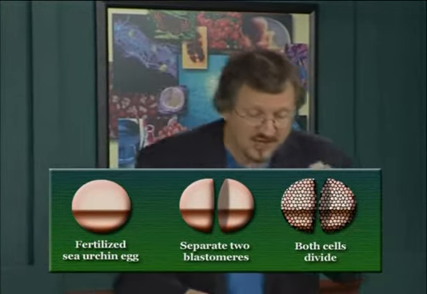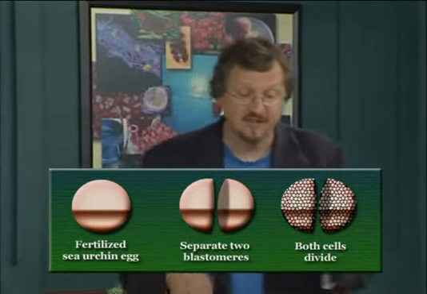In fact, Driesch went on to show that he could separate the four blastomeres that result after the first two cleavages, and you would get four frogs. Actually, sea urchins, I'm sorry. Driesch was working with sea urchins. Each of those sea urchins would be an entirely normal adult, although a little smaller than normal.